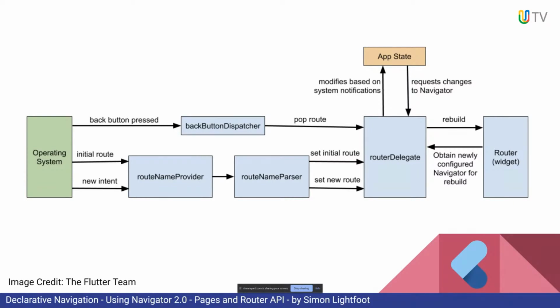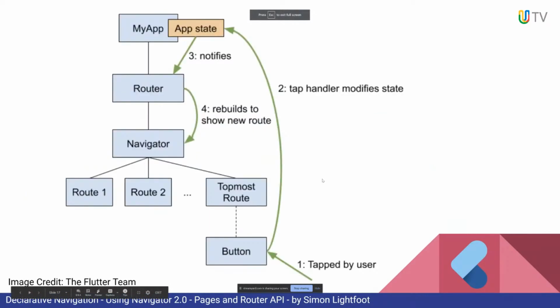And once those changes are made, it then does a rebuild. The router widget rebuilds and calls the build function of our delegate and obtains the latest set of pages and the navigator widget. So an example of that actually in use is right here. The user taps a button. The tap handler modifies the state, so that can go off to our app state and, I don't know, remove something or anything you like, Boolean. You can have your own stack of pages, which I'll show you in a minute, or you can do whatever you want. Again, customizability being the key.